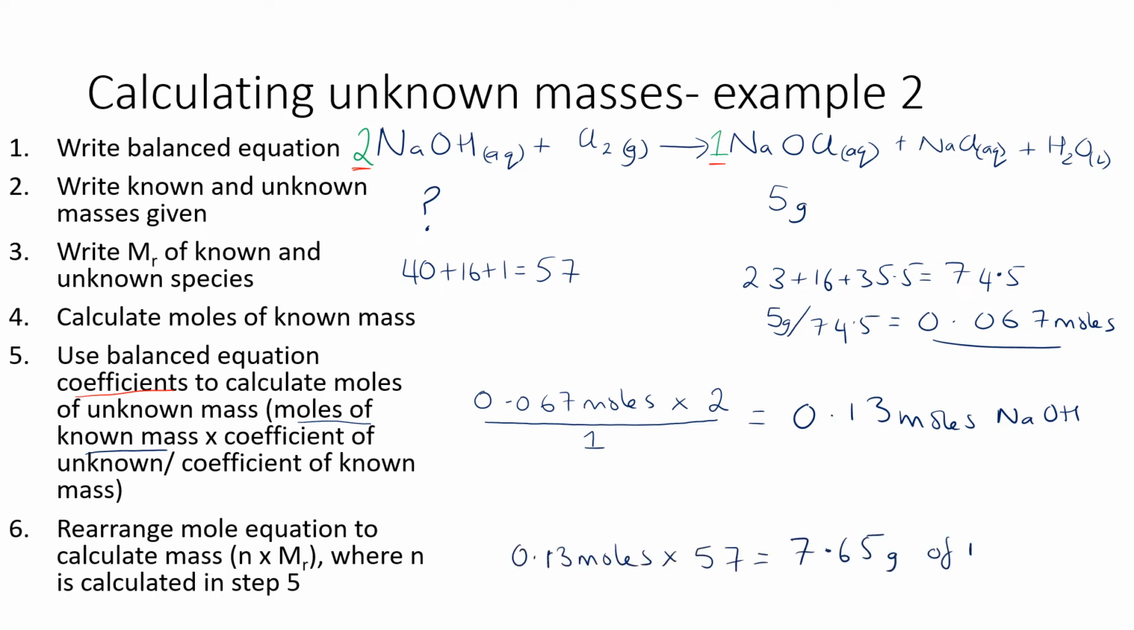I then rearrange the mole equation and multiply my number of moles that I've just calculated in step 5 by 57 to get my mass of sodium hydroxide, because the molar mass of sodium hydroxide was 57 as I calculated in step 3. So hopefully now you've seen 2 examples using the same steps,